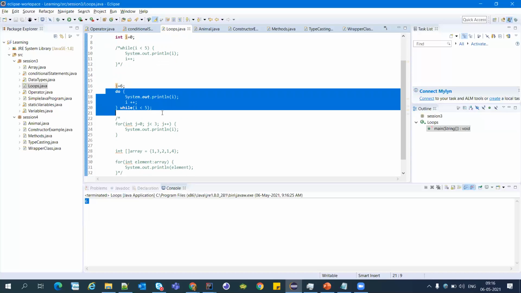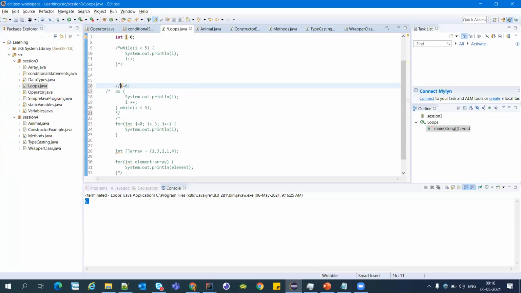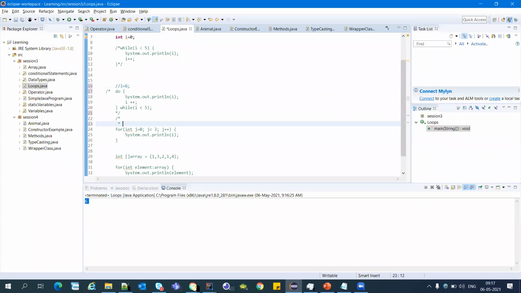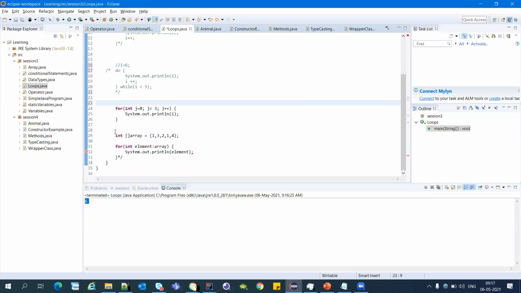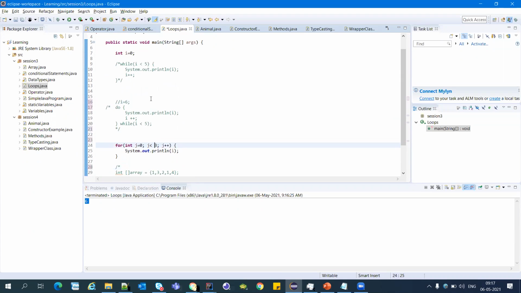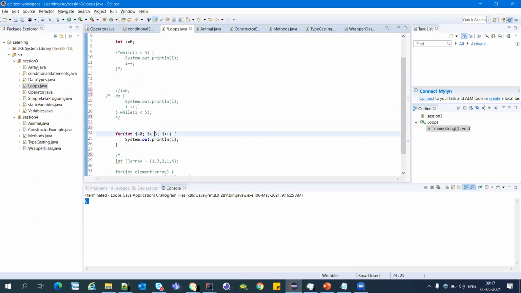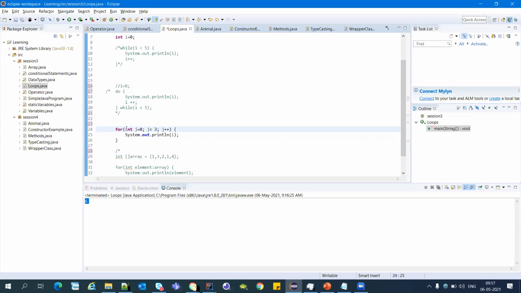Okay, I will comment this. Next is the for loop. A for loop is a simpler version of a while loop. You can say that we have the declaration in the for loop itself.